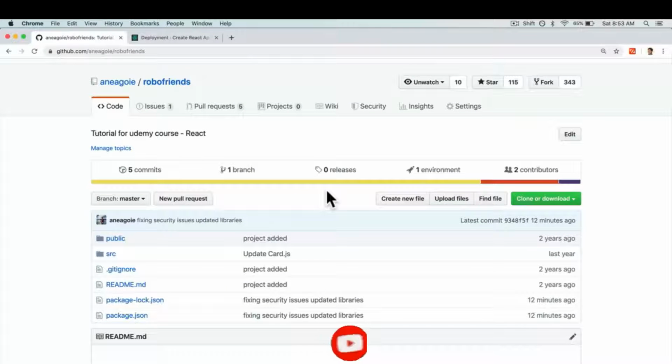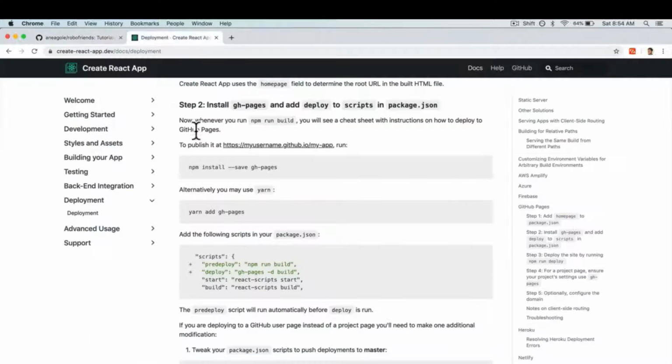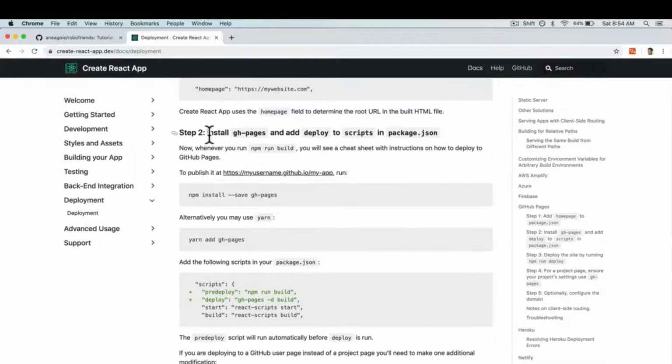Hey everybody, we have our RoboFriends app now on GitHub, and you should be able to put up your RoboFriends project on GitHub. But here's the thing, would it be nice if we can use GitHub Pages to actually check out our RoboFriends app without having to clone, download, and npm install, just like we've done with simple HTML projects? Well, with Create React App, there's actually a way to do this